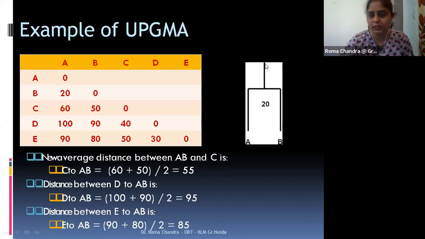This is the node point, and from the node we will divide and pair two branches. So we are considering both had the same root, a common ancestor, and with a difference of distance length 20, they were divided into A and B species. This will be our consideration, and with this we will start with the creation of our tree. So starting with the common ancestor, the branches are being prepared, A and B, and then we'll move ahead with the creation of our tree.